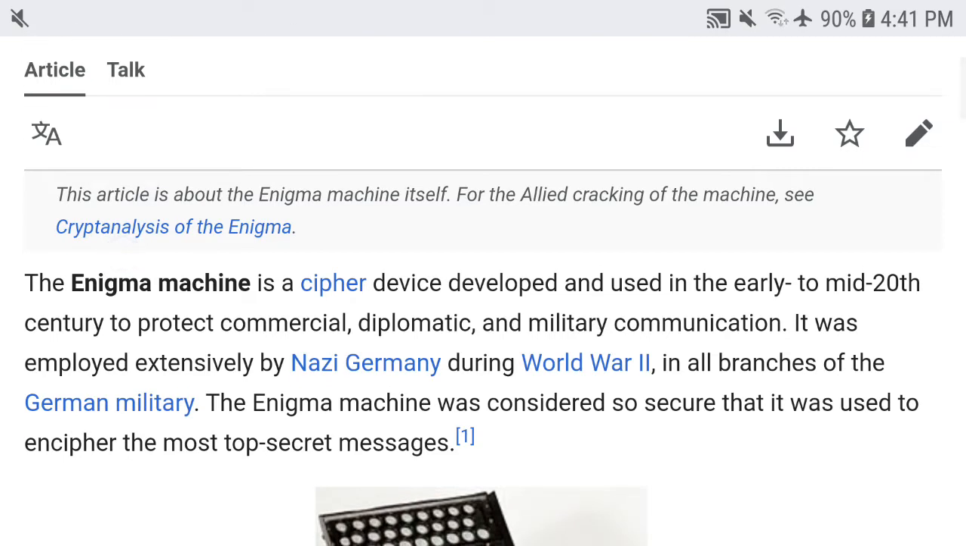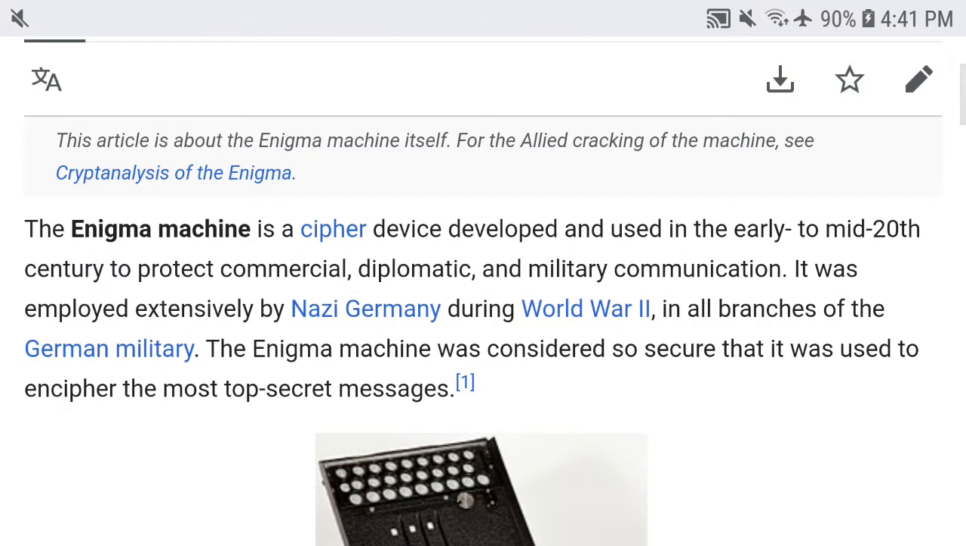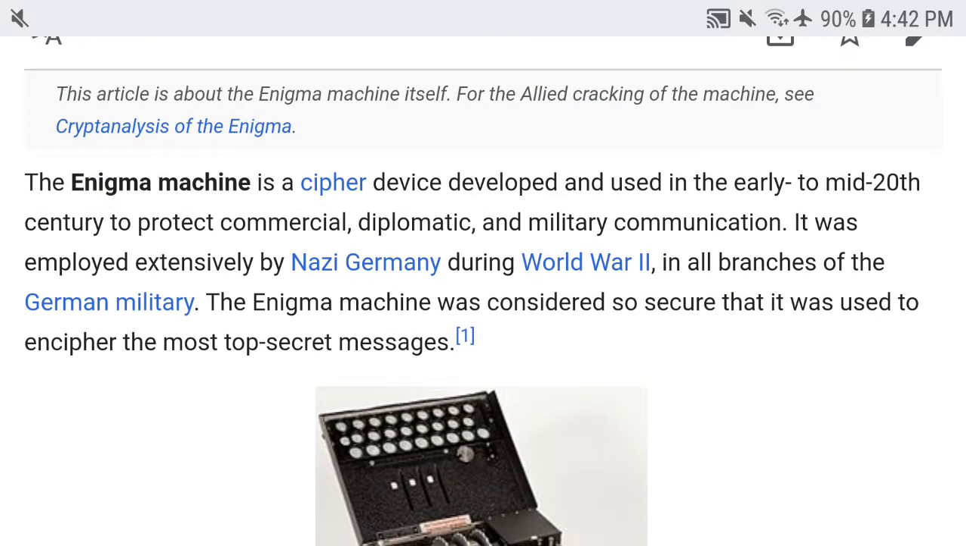But yeah, the Enigma machine is a cipher device developed and used in the early to mid 20th century to protect commercial, diplomatic, and military communication. Okay, so it's used for commercial, I guess if you're trading. And diplomatic, well, that's obvious because you want your messages to be encrypted or secured. And then military communication as well, which we actually know from the movie,